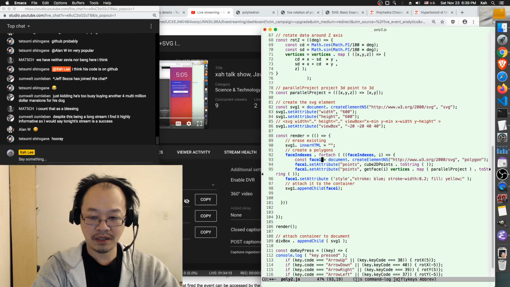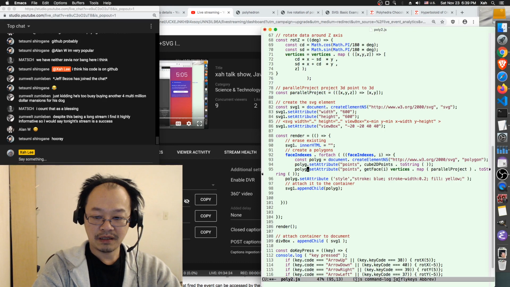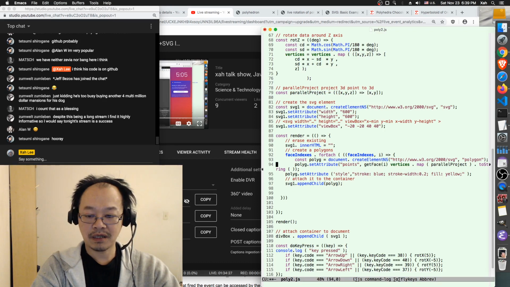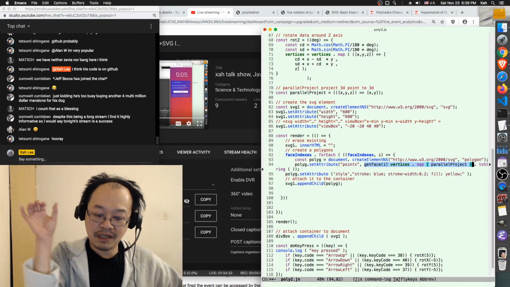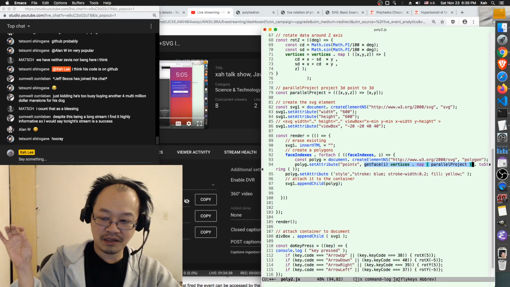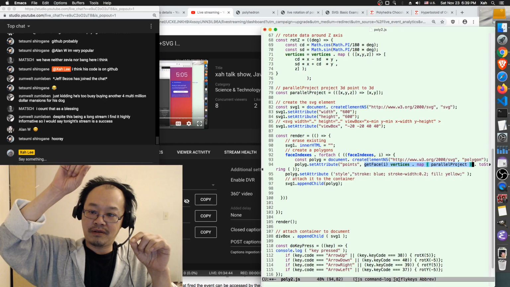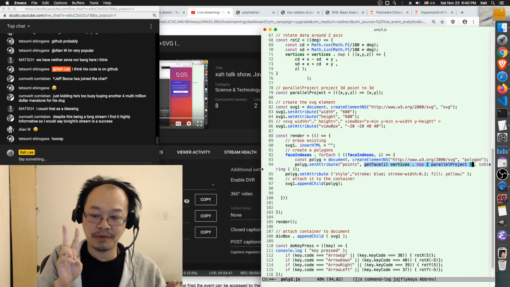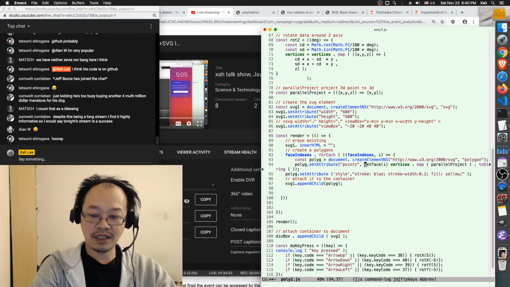So let's rename this face 1 to polyG. So we create a polygon element, and we add the attribute. The second element is basically a string of numbers. So how do we get the string of numbers? Remember, we are creating a polygon. Each vertex needs to be a two-dimensional point. So what we do is